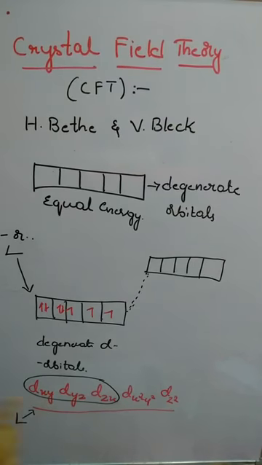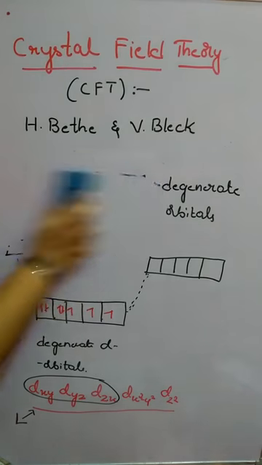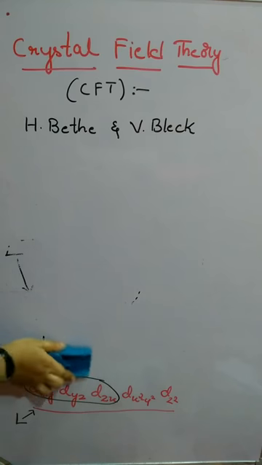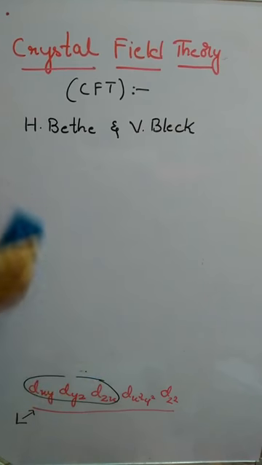So the ligand approaching the d orbital will be experiencing different amounts of repulsion. Why is it experiencing different amounts? Why does it experience different amounts of repulsion, we shall see. The d orbitals, we have already studied the shapes of d orbitals in our earlier class. So once again, we'll see that now.